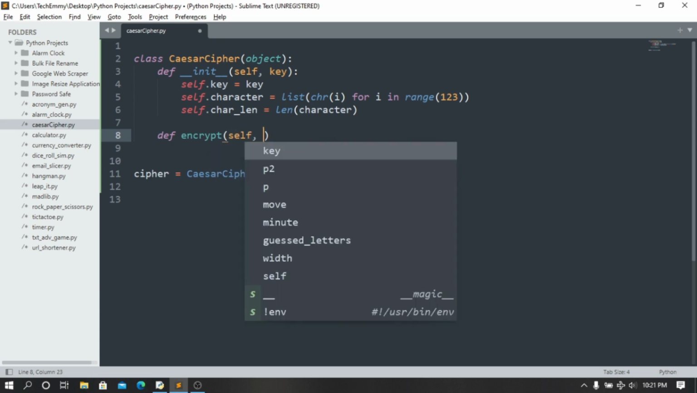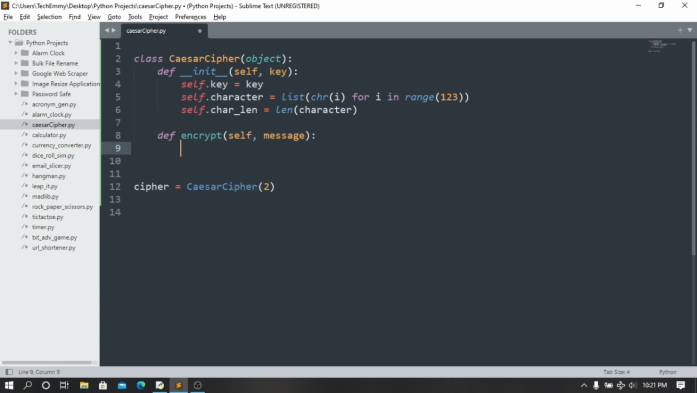Encrypt is going to take in self and message. Remember, we've taken key here, so we're going to make use of this key instead. So whatever key we use to encrypt is what we're going to be able to use to decrypt. We're going to come in here and say encrypted